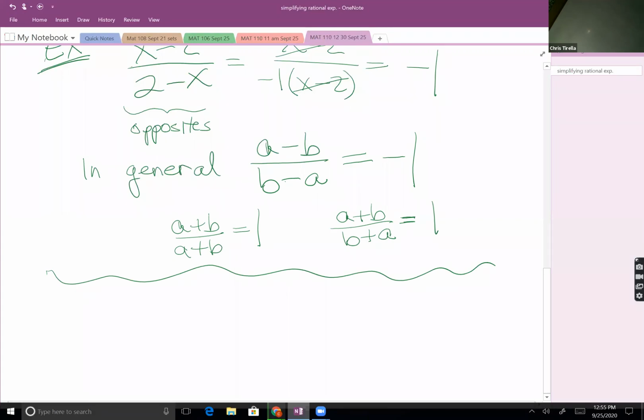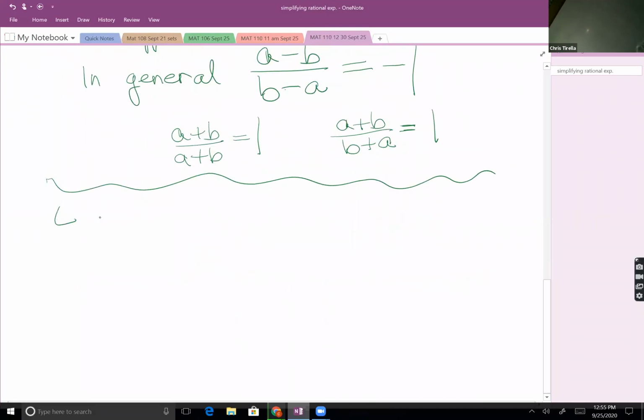So, for example, if I have something like x to the 5th minus 7 over 7 minus x to the 5th, I know we had said originally that we have to factor first, but I don't want to factor something to the fifth power if I don't need to. Does everybody see that these two are subtraction and the order's reversed? And so they're going to be opposites and reduce to -1.